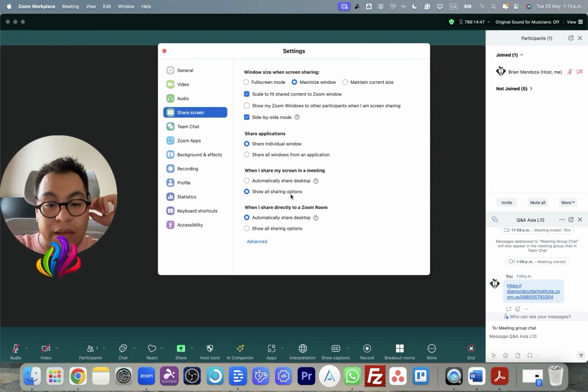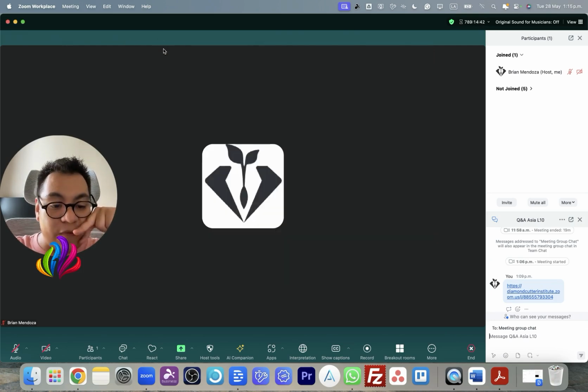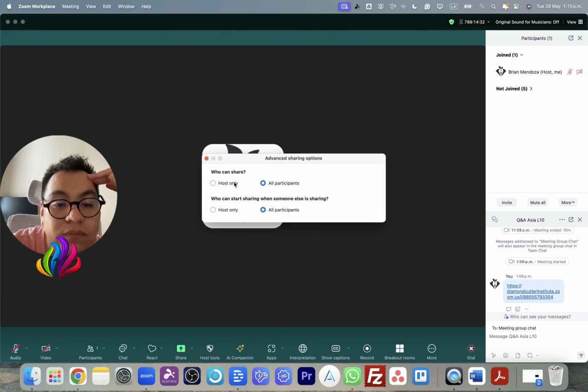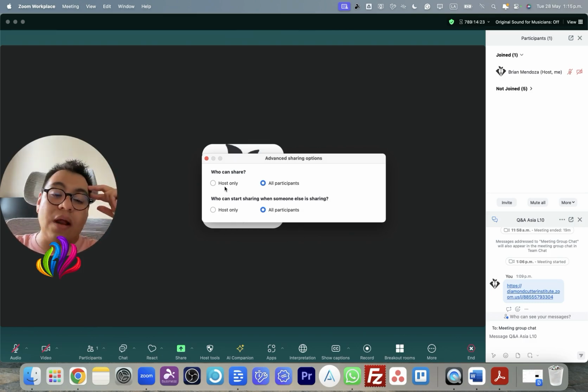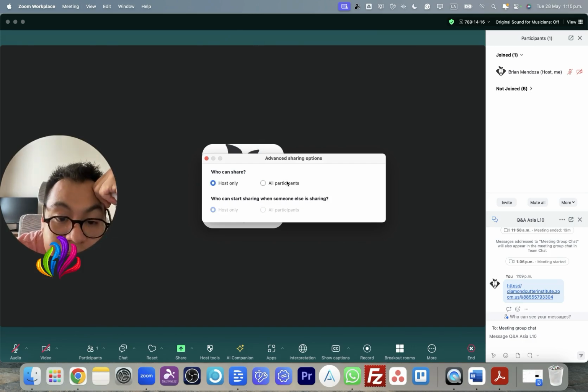And there's something else, an option they took out from here. But if we go down here to the share button, and we click next to the little arrow, generally speaking we want to keep all participants can share, unless you want only the host to share screen in order to avoid interruptions in the classes. So you can do that. And if you have all participants active,